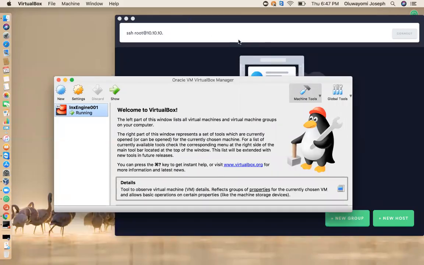Hello everyone. Today I'm going to take us through the process of installing virtual machines using Oracle VirtualBox. Oracle VirtualBox is a type 2 hypervisor. So I'm going to take us through the process of installing a virtual machine in Oracle VirtualBox, and subsequently I am